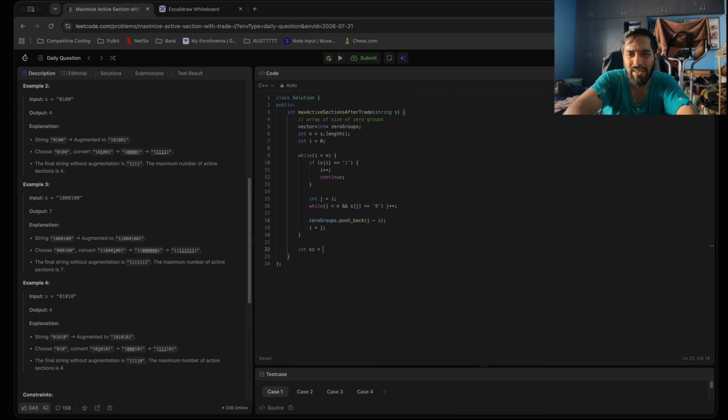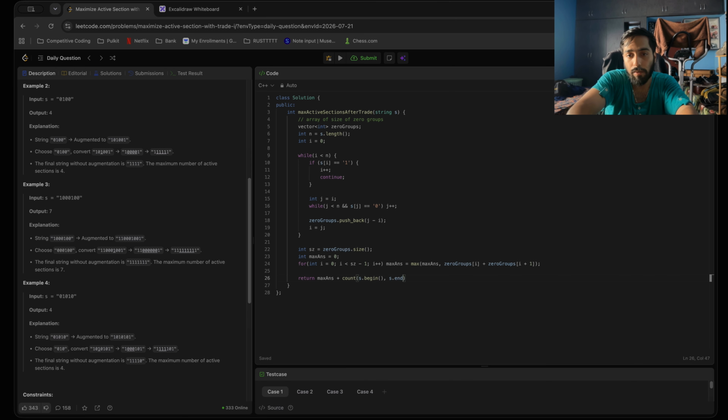So I will simply say int size is equal to zeroGroups.size(), and now int maxAnswer is equal to, let's say, 0, and for int i is equal to 0, i less than size minus 1, i plus plus, and maxAnswer is equivalent to max of maxAnswer, comma zeroGroups of i plus zeroGroups of i plus 1, and finally return this maxAnswer plus the count of the number of